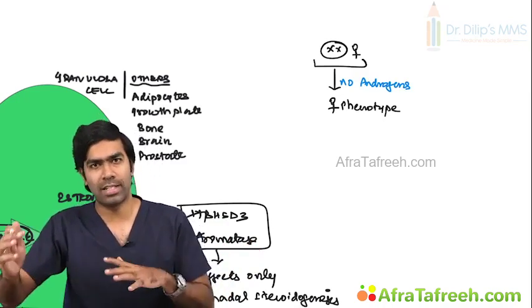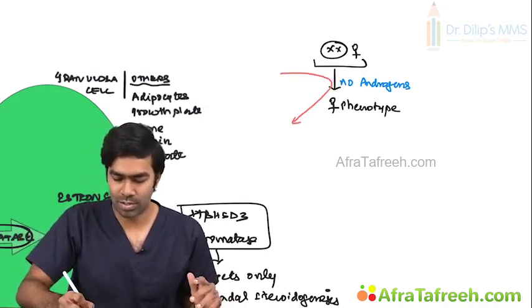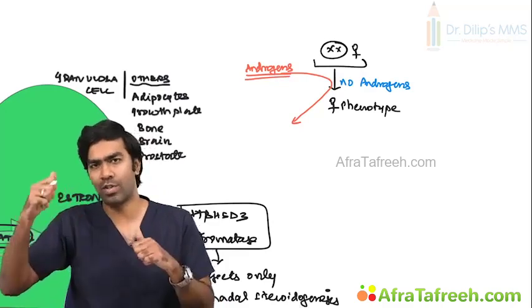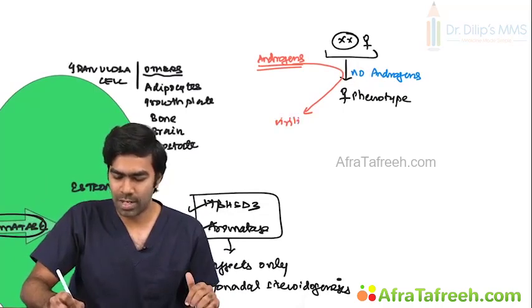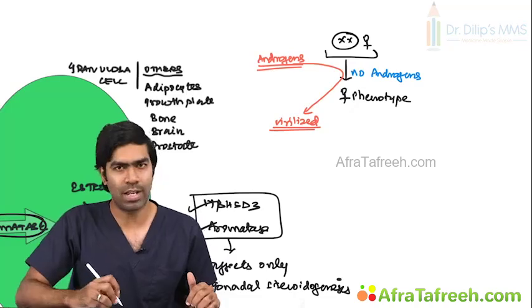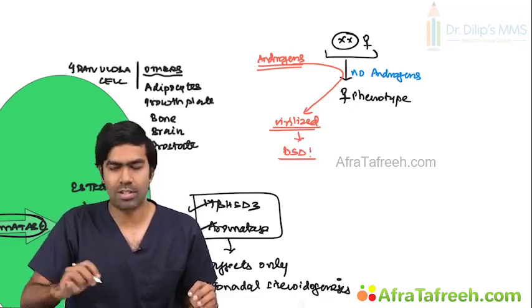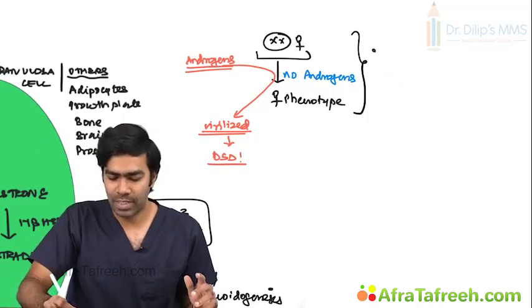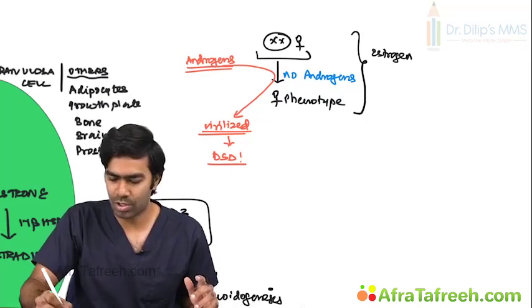So what makes a DSD in an XX karyotype? It's the influence of the androgens. If you have androgen exposure, that too at that particular period of 8 to 13 week window, which I already described in the basics, these females are going to get virilized and they're going to develop this disorder of sexual differentiation. And the most important fact is that these girls, irrespective of whether they have estrogens or not,